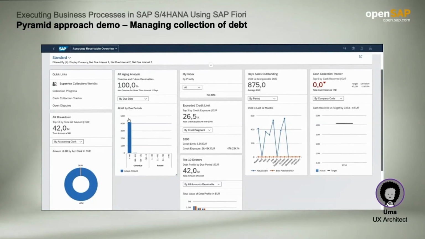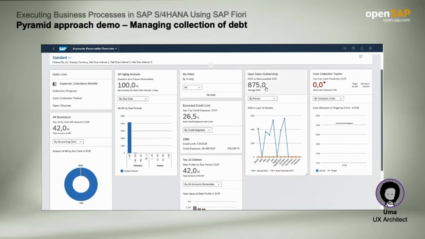The customer with the highest days sales outstanding will be of particular interest. They can click on the Days Sales Outstanding card. The cards in the SAP Fiori overview page efficiently combine information and different visualizations, for example, charts, tables, lists, and give intelligent insights.